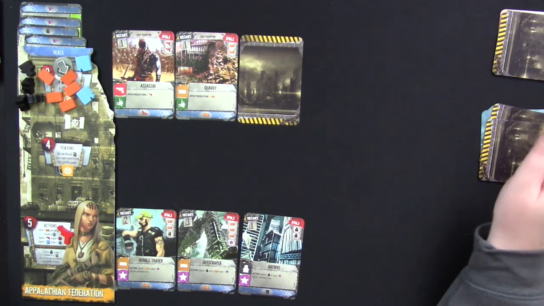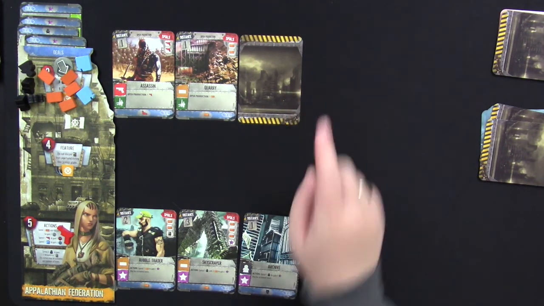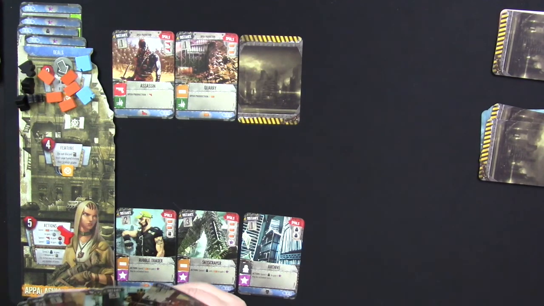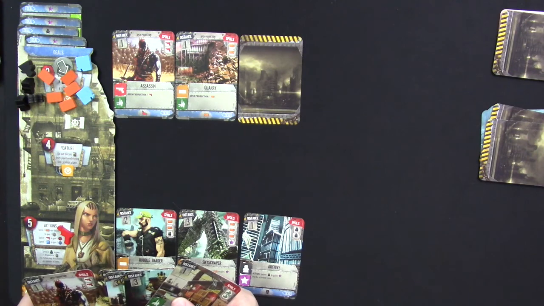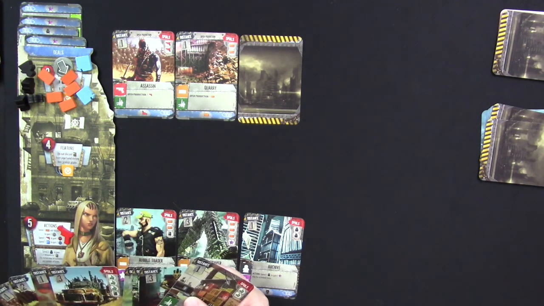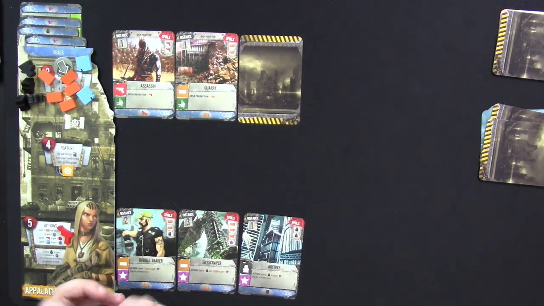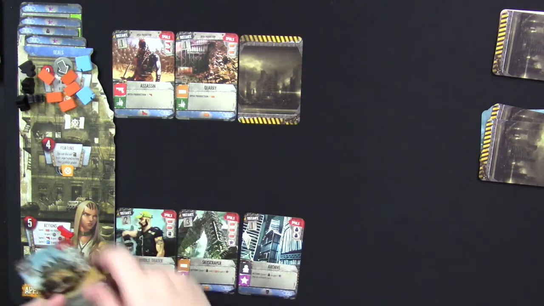Now they've passed, and it's up to me to figure out what I want to do with the rest of my stuff. One of my big priorities is going to be to develop this location. Let's see if I have anything expensive I might like to build. Not really. Hang on. There's one other really important thing that I want to do, which is I don't really need this Thieves Caravan. It's interactive with other players, which doesn't matter for me. So I'm going to discard this in a brick